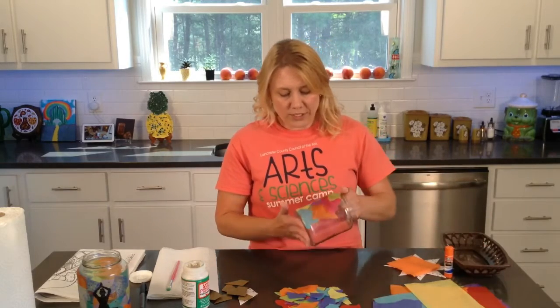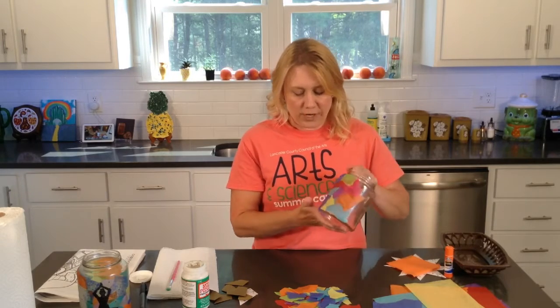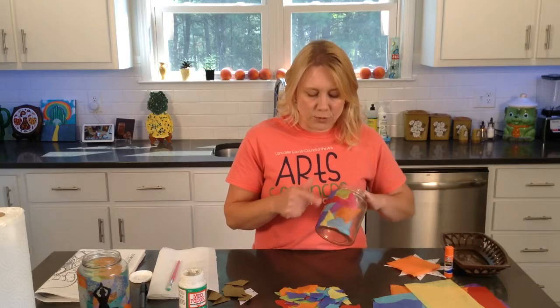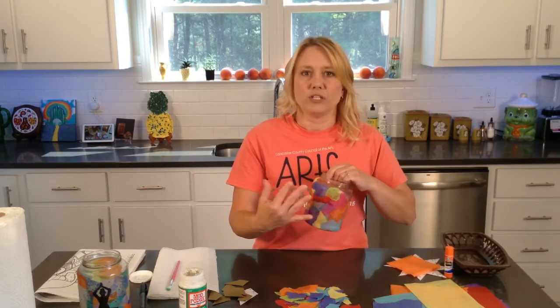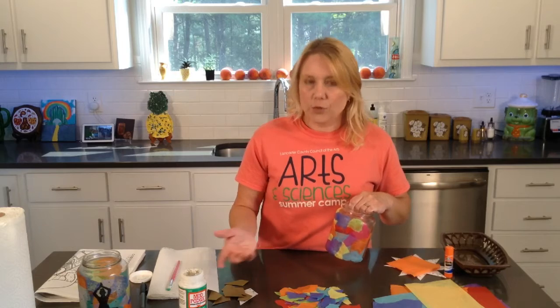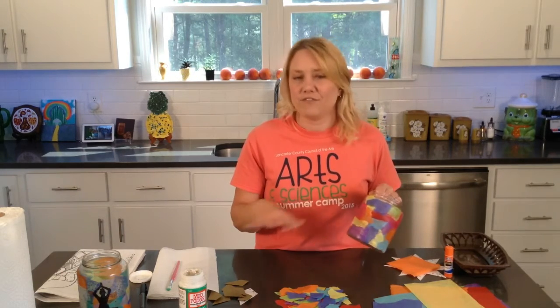So you are going to take your glass jar, and I've got some already filled in for you. And like I said, you can use Mod Podge or liquid glue. The difference between using the two is that if you use Mod Podge, your jar is going to have more of a shiny finish to it. So it's going to look a little more glossy and shiny. Whereas if you use the liquid glue, it's going to dry to have more of a matte